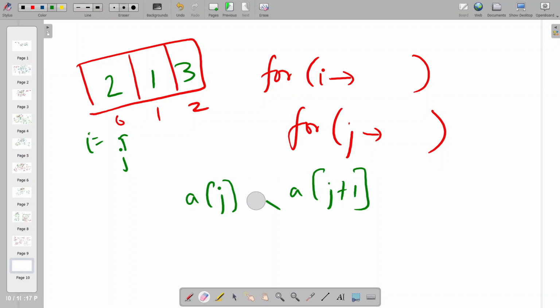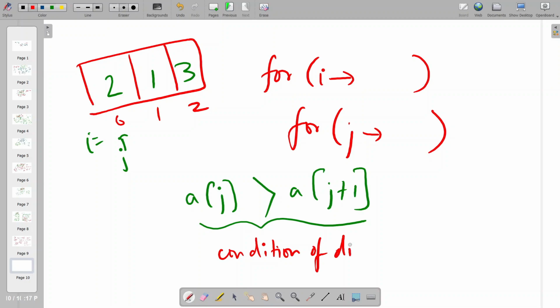So what we do here, we are checking if a of j is greater than a of j plus 1. This is the condition of discrepancy. So we are finding where there is some discrepancy in the array.